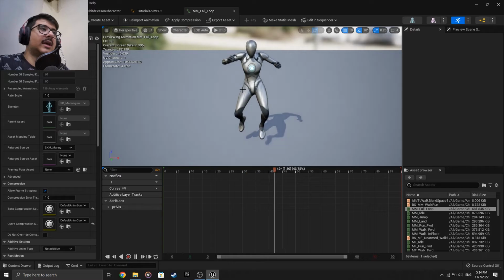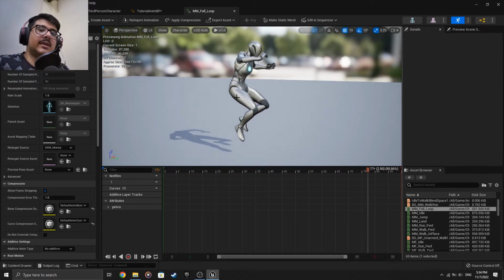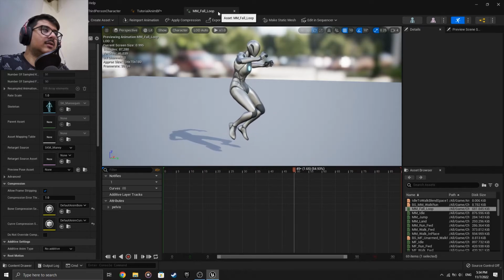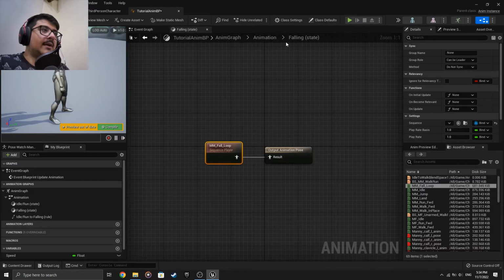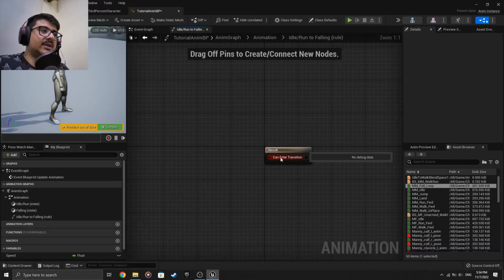Let me go get that and see. This is the fall loop. It's just like it's floating in the midair constantly. It loops. And now we add that to the falling state. And as you can see, there's this arrow. It has a condition here. It requires a condition. So when this condition is true,